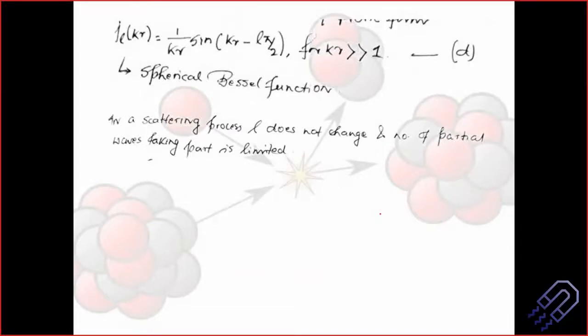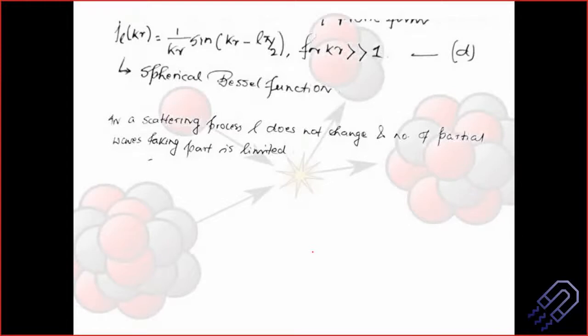Now in this case, since we said that angular momentum conservation is one of the important factors to study, let me just repeat that. If the angular momentum changes, that means there is some loss of energy. That means the nuclei or the nucleon must have absorbed some energy, so the state would have changed sufficiently. If the state has changed for the nucleon, that scattering experiment is not done. The scattering experiment tells that you have an incoming wave, you get an outgoing wave, you see how the outgoing wave behaves, and depending on that you analyze the nucleon. You don't want to change anything in the nucleon.